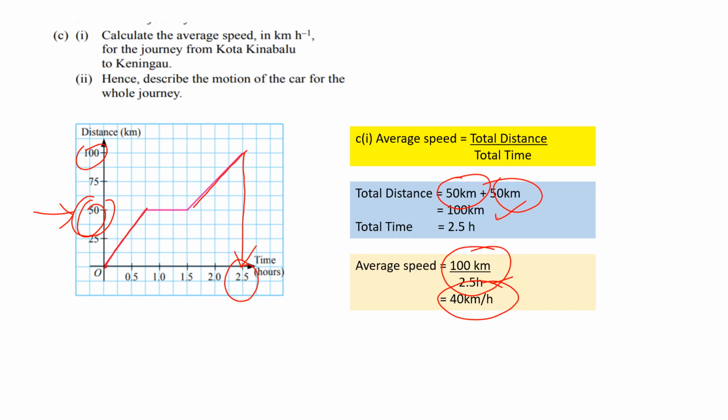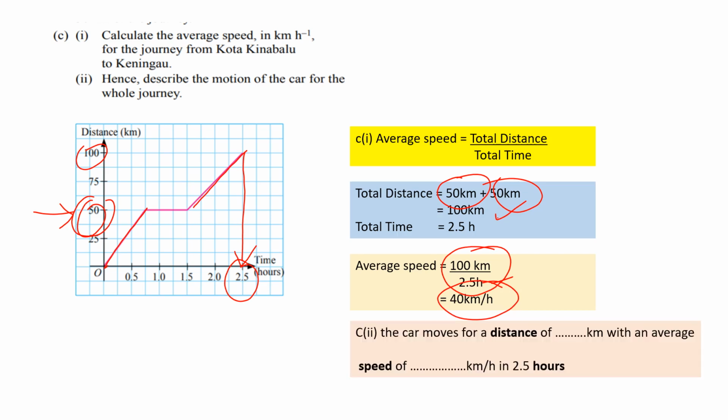Okay. Next, you want to describe. When you describe the motion of the car for the whole journey, it's very important that you state the distance, and if there are different speeds, that means you find the average speed. Then you must state the time. Give the time. So you answer like this: the car moves for a distance of